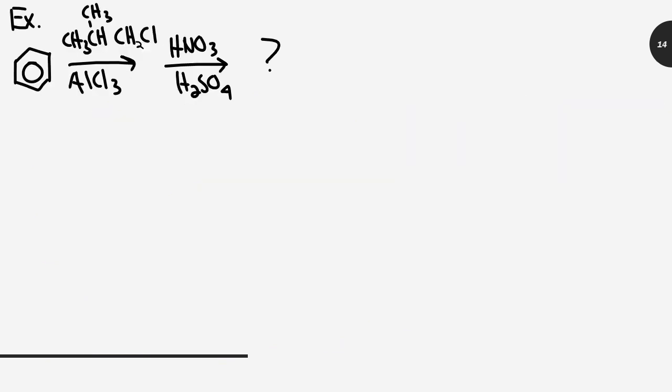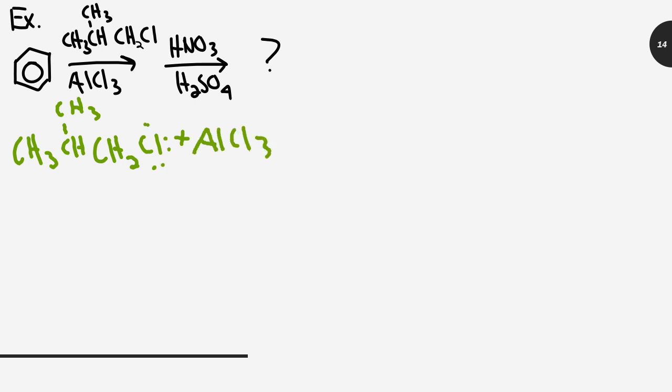Okay. So, another one of these. When you do alkylation, it's much easier to just write out the mechanism than try to figure out the rearrangement just off the top of your head. So, if I have this alkyl chloride react with catalyst,